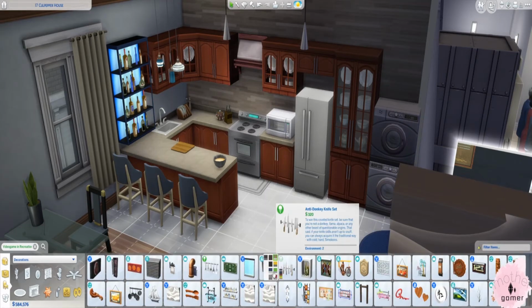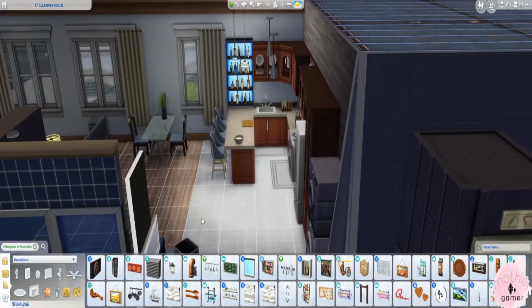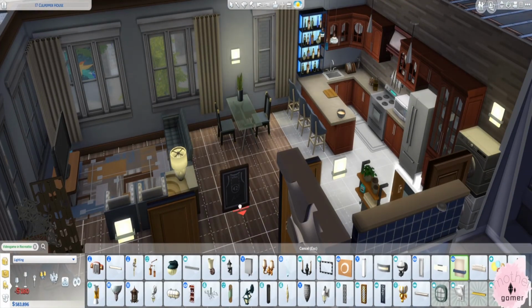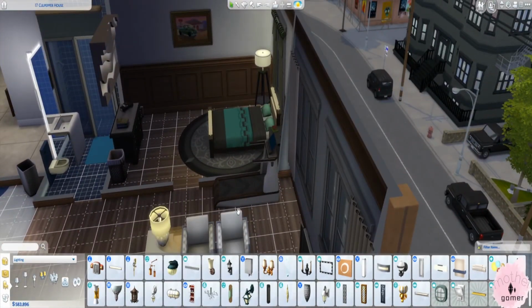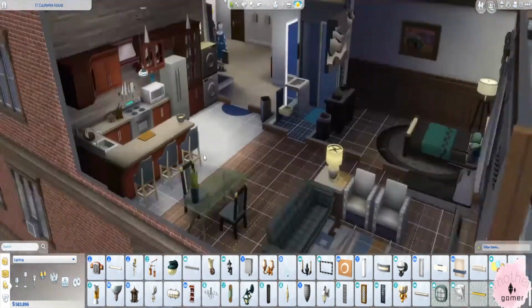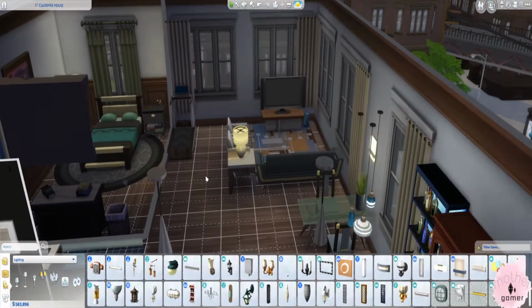So once this is done, I'll show you a compare and contrast of the original apartment and then what I did. And I really like how this turned out. I would live here personally. I would put up a lot more things on the wall, but that's just me. Yeah, so adding in the finishing touches,